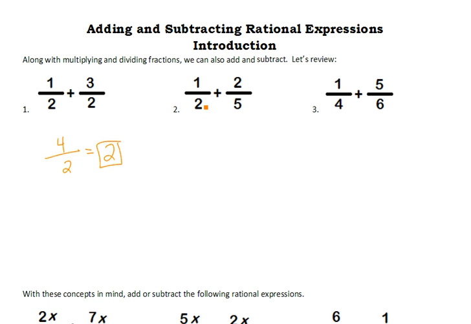Looking at 2, we have 1/2 plus 2/5. Again, the very first thing that we have to do is look at a common denominator. We don't have a common denominator. I'm going to rewrite this so I have room to work. Because of that, we have to figure out what the least common denominator is. So what is the least common denominator between 2 and 5? Sometimes we have to actually multiply them together. The least common denominator is 10, which means that I'm going to have to multiply both of these fractions by something